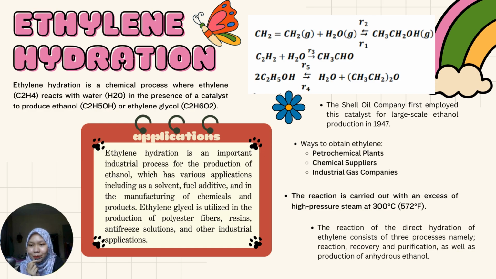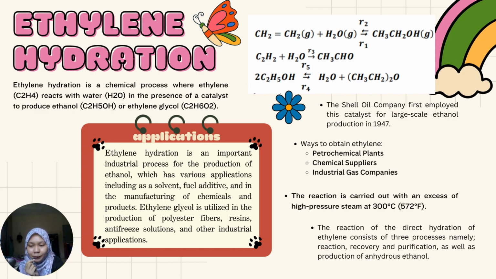2. Many chemical suppliers and distributors offer ethylene gas in compressed gas cylinders or as a liquefied gas. These suppliers serve a wide range of industries, including pharmaceuticals, plastics, agriculture, and manufacturing. 3. Industrial gas companies produce and supply ethylene as part of their portfolio of industrial gases. These typically offer ethylene in bulk quantities and can provide storage and delivery solutions tailored to the needs of the